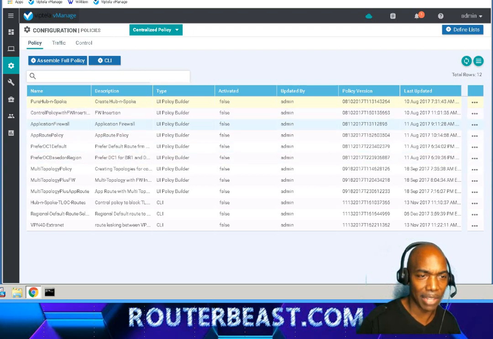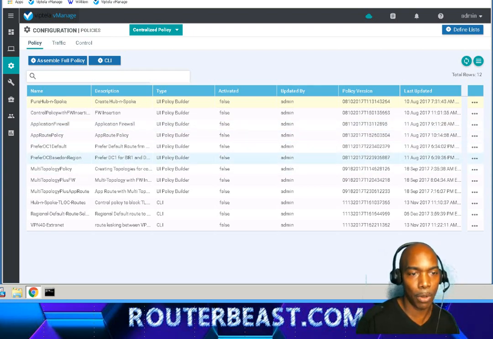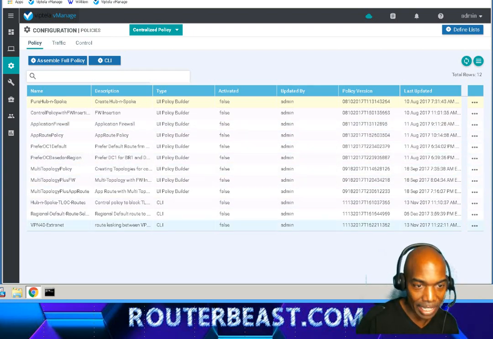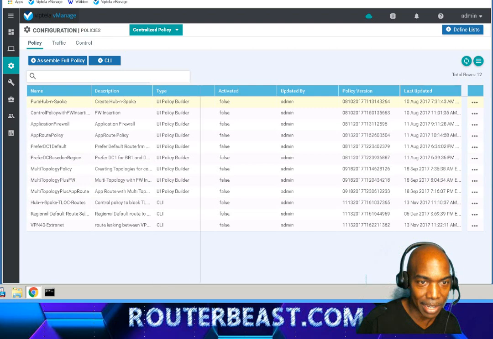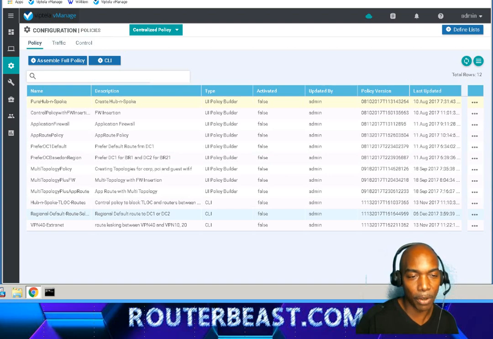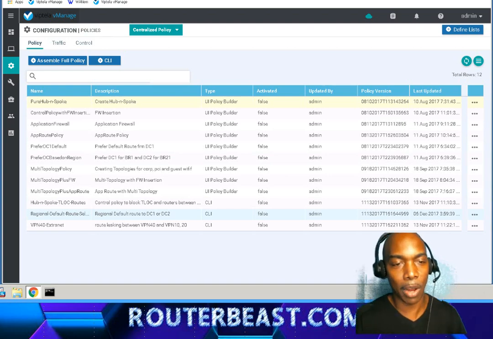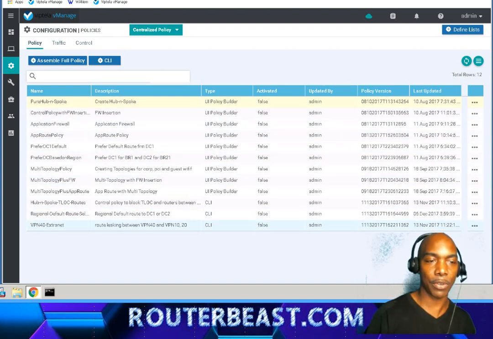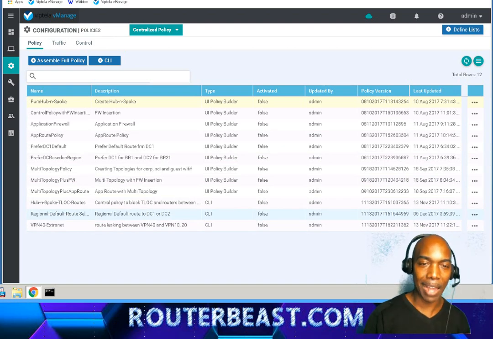Okay, but notice we've got several different policies that are configured here. Create hub and spoke, firewall insertion, application firewall, route leaking. There's a route leaking policy down here, between VPN 40 and VPN 10. Okay, regional default route between DC1 and DC2. Okay, so all of these are descriptive names for different policies that have been created, and then these policies, of course,